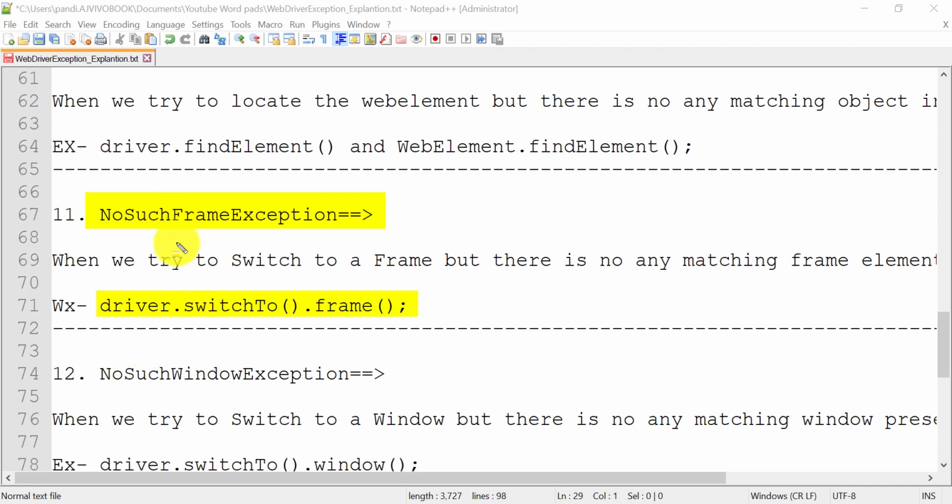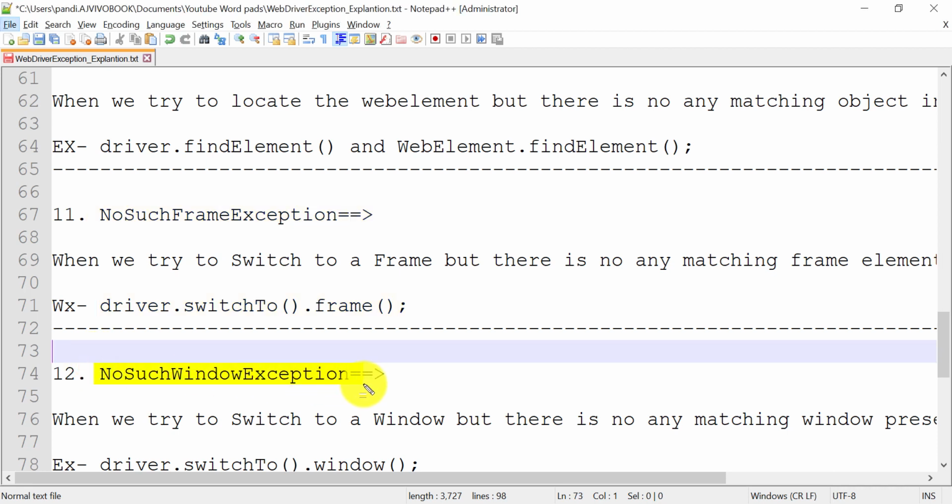Similar to NoSuchFrameException, we have NoSuchWindowException. Similar to the frame, we need to switch to the window if we want to perform any action on a particular window. If there are multiple windows open in the same session, and you want to perform an action on a particular window, first of all we need to switch to that window, and then we will be able to perform the action.